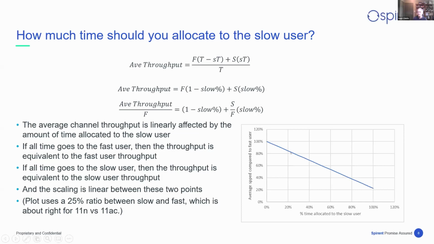And it's just essentially a linear choice between that as you start to apportion a certain amount of time to the fast and a certain amount of time to the slow. So, if an access point is just gaming the system and just saying, well, I always want to win on throughput, clearly the best thing to do is to pick a fast user, don't let anybody else use the channel, and just let that guy send traffic, and then your throughput will be the fast speed. But of course, that's not fair either.